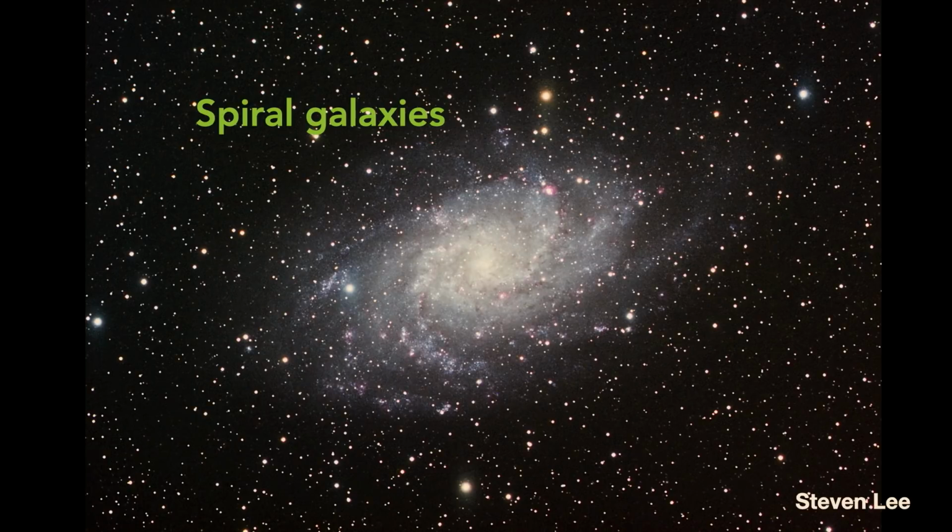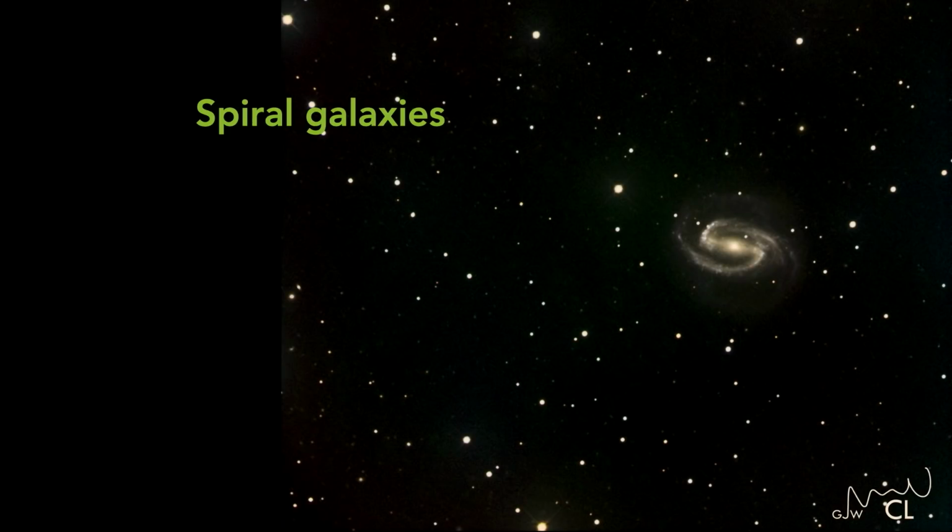In the previous image, the arms seem to emanate from very close to the centre, but in this one, again from the Global Jet Watch telescope in Chile, the arms don't seem to start until you get to the end of that bar feature. And this is because the orbits of stars and gas within a spiral galaxy can be, according to the local conditions, very unstable. And so that means that rather than preserving the beauty of the spiral arms, they can collapse in and form a linear feature that we call a bar.